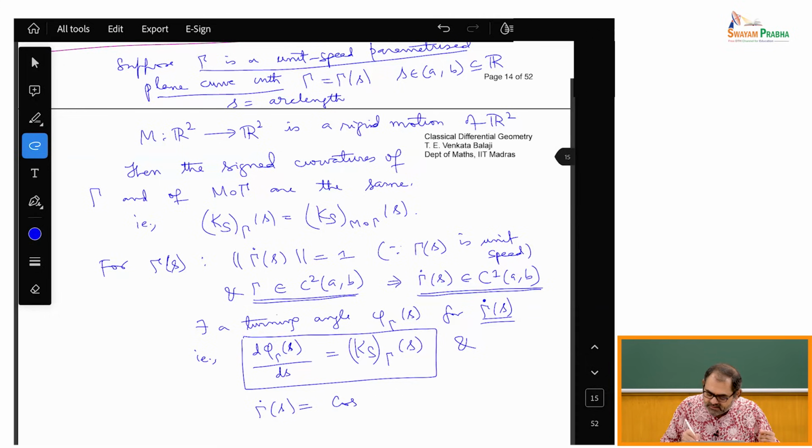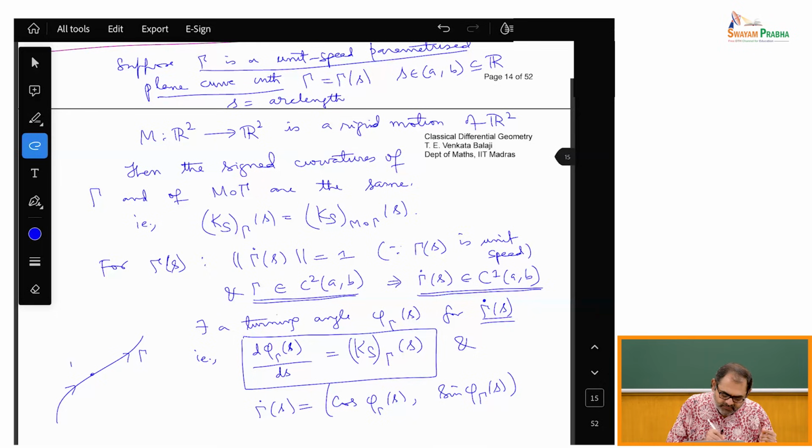It is cos of the turning angle, sine of the turning angle. The idea is that if this is your curve gamma and you have this point which is gamma of s, then this unit vector here is going to be gamma dot of s. And this, with respect to some fixed direction, let us say the positive x direction,